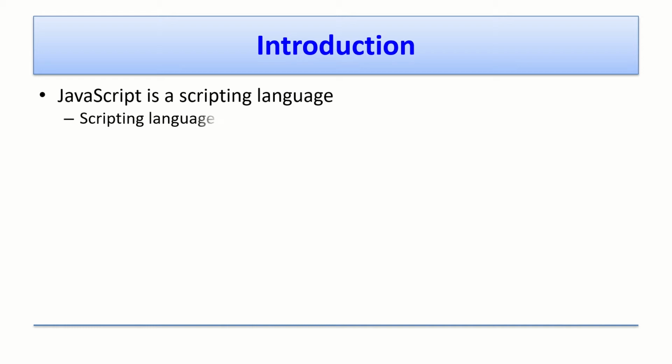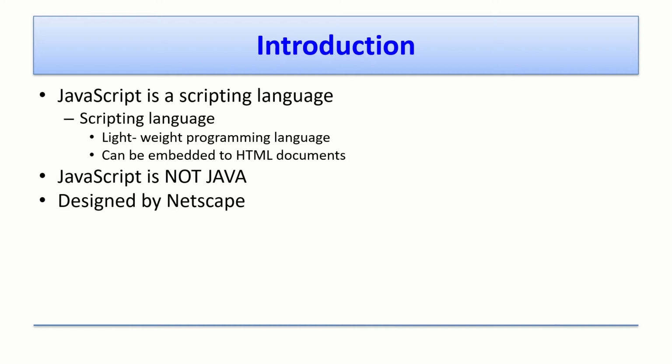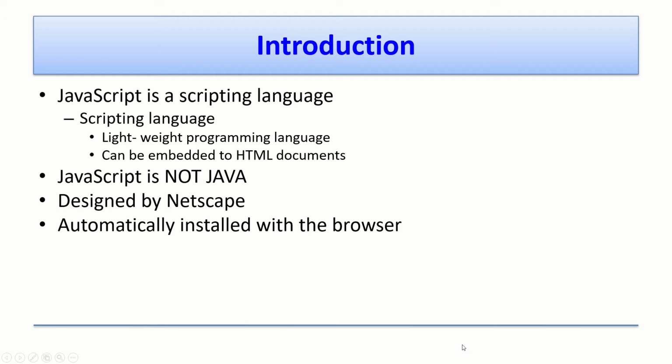JavaScript is a scripting language, right? It is a lightweight programming language, and it can be embedded into HTML documents. Especially it should be mentioned that JavaScript is not Java, right? Java is another, different programming language. JavaScript is a scripting language for web pages, right? It was designed by Netscape and is automatically installed with the browser, right? So we don't need any other software